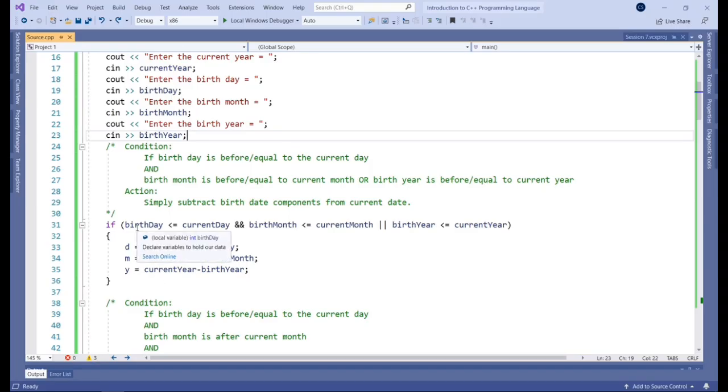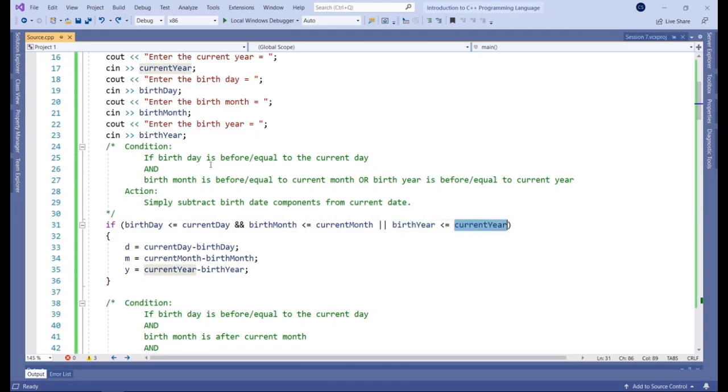With this first if statement, the condition is that the birthday is before or equal to the current day, and the birth month is before or equal to the current month, or the birth year is before or equal to the current year.